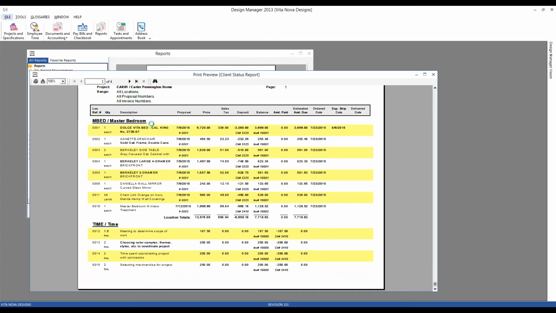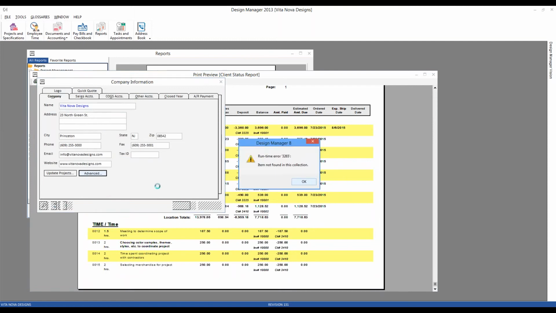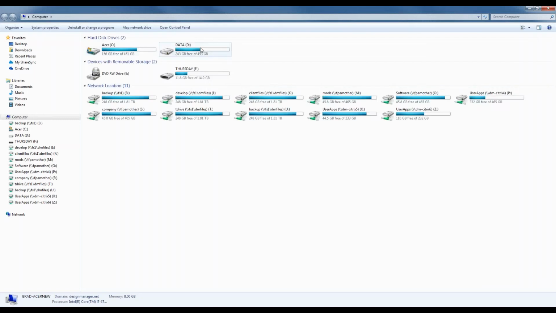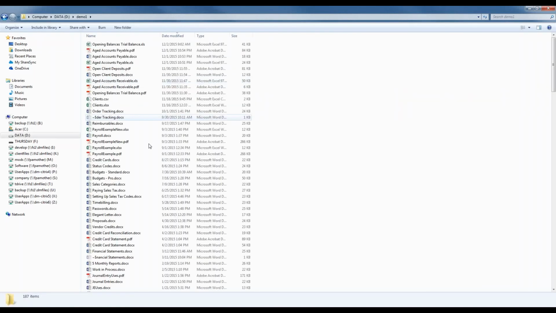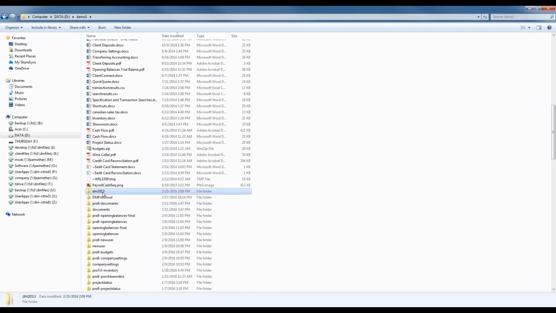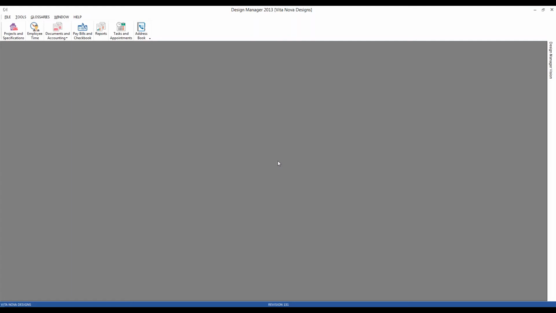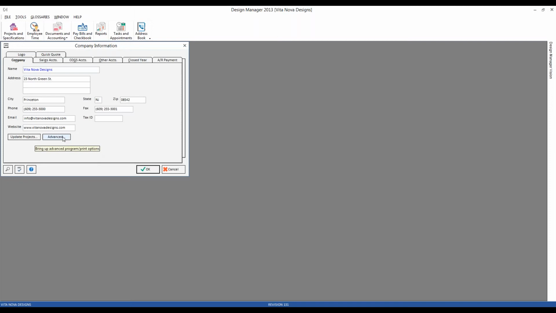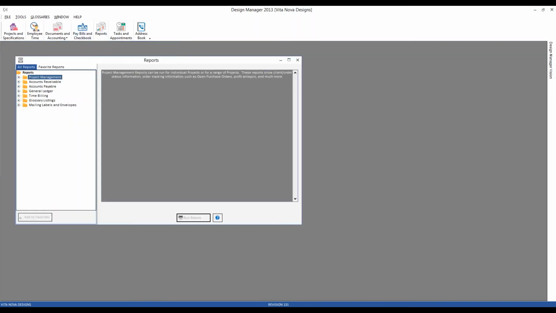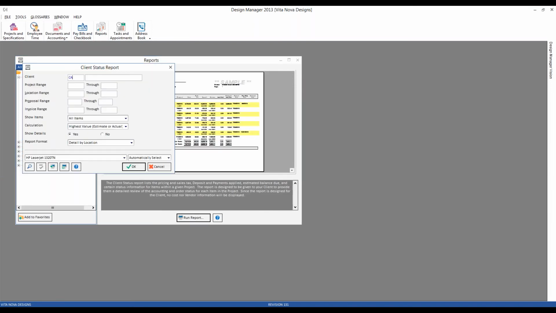under File, Company Settings, Advanced, whoops. That was my fault. Under File, Company, Advanced, you can set which of those options you want as well. Let's go back in there briefly. And I just want to show